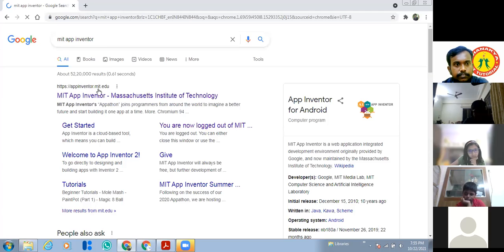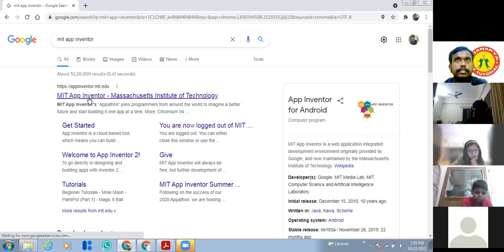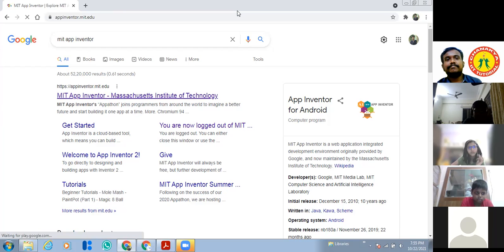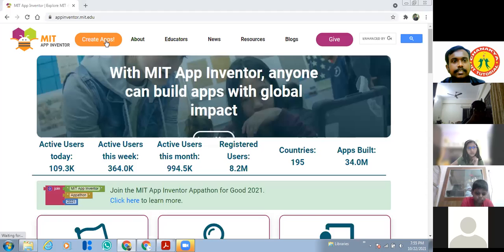The first website it will show you is appinventor.mit.edu. Just enter into this first website. Then the create apps button will be there. Just click this create apps button.